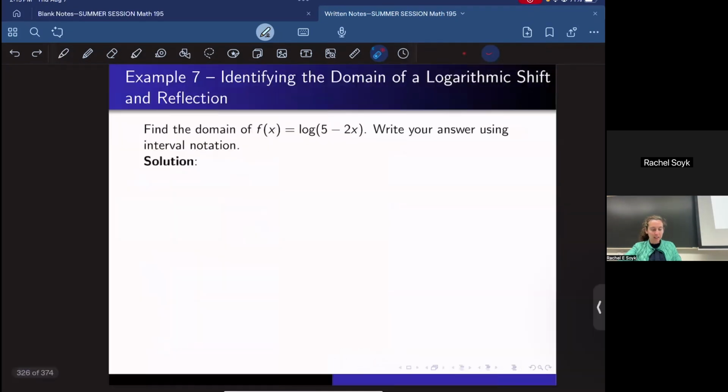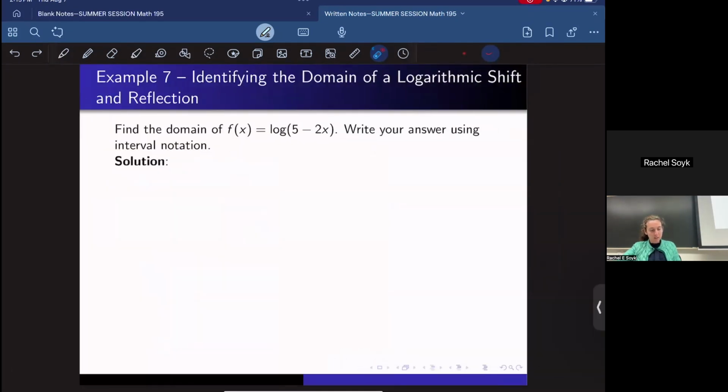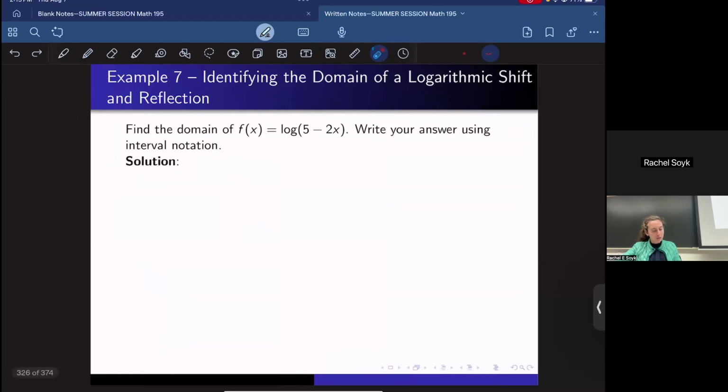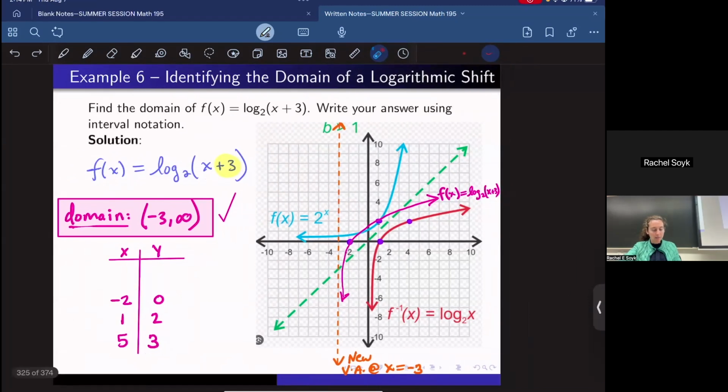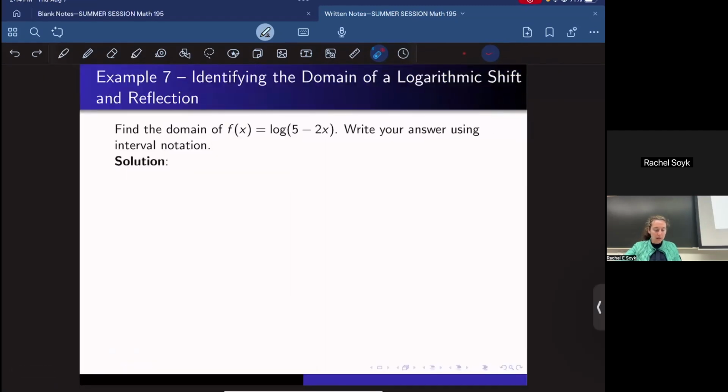All right, let's do another one. So these, we didn't even have to graph it. I think I just graphed this for you guys to visually see. But now that we have a good understanding of it, we really don't have to. So we're just asked to find the domain here, and we're given our function f of x is equal to